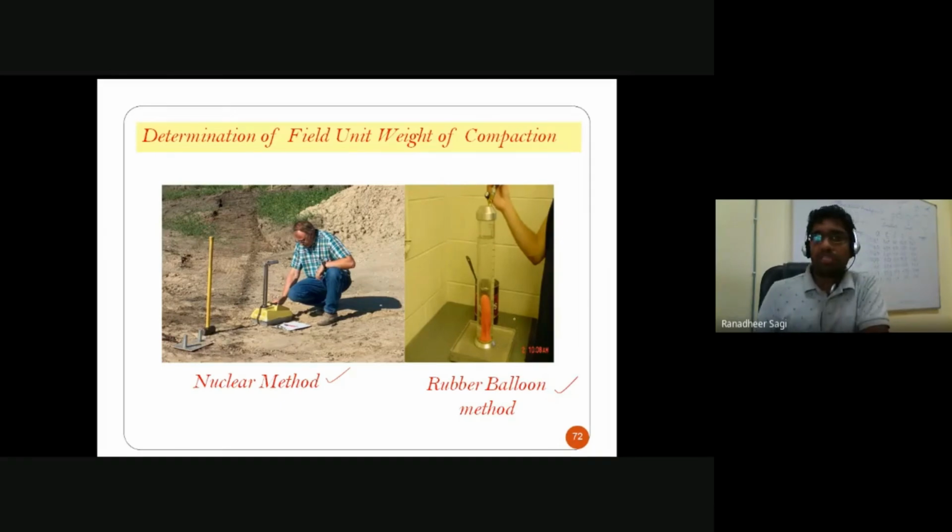So this rubber balloon method is also sometimes commonly adopted in the field. So here in the case of this rubber balloon method also, as like in the case of sand replacement method, we make an excavation, a small hole is what we try to make in the ground, and we'll have a kind of a rubber tube, a kind of a balloon basically, which is going to be placed inside that hole, and from top we'll be supplying the water into that particular rubber balloon. And as you supply the water into that rubber balloon, what is going to happen is the balloon inside the hole starts getting bulged.